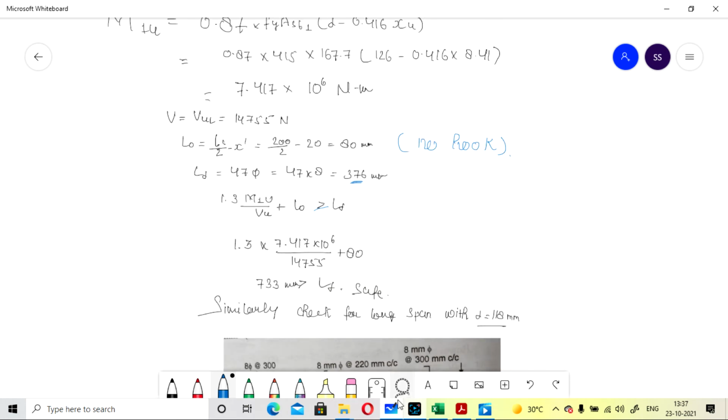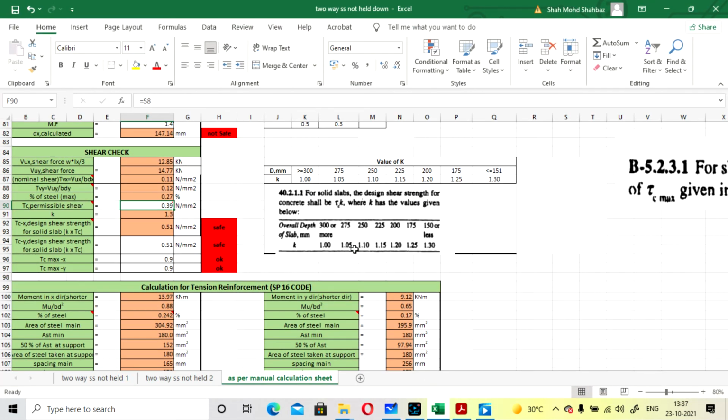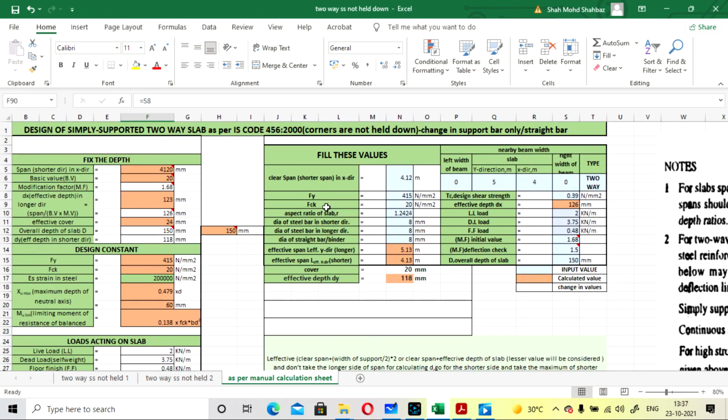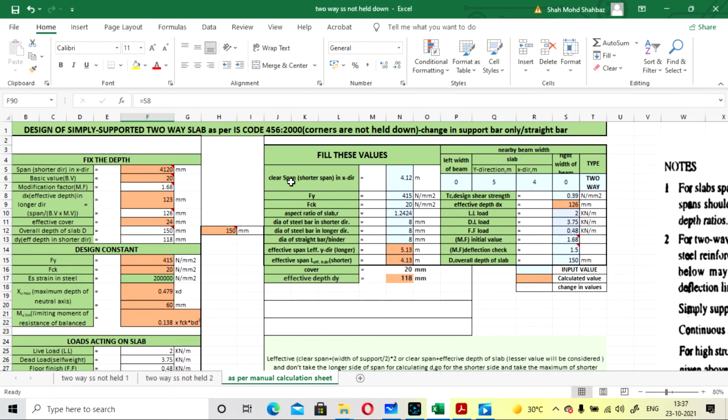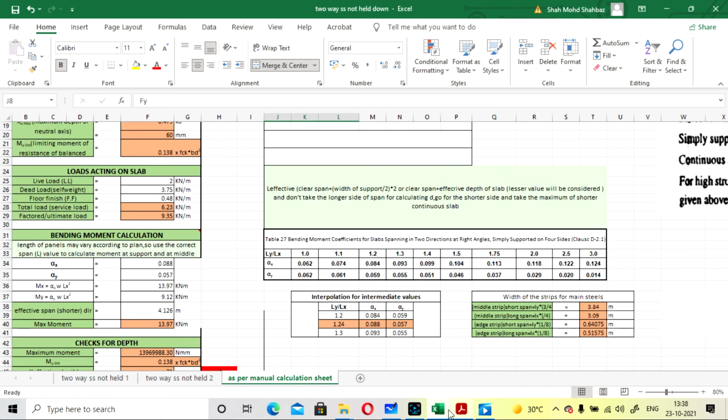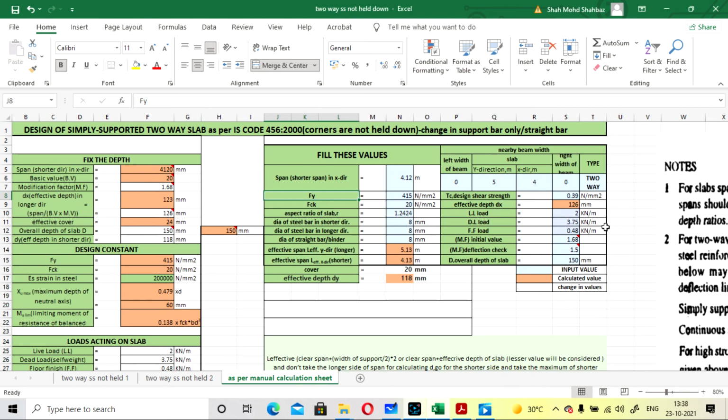Now you can also verify with our excel sheet that we have made. If you provide all the values in this, here our effective depth, I have taken the same value for that.